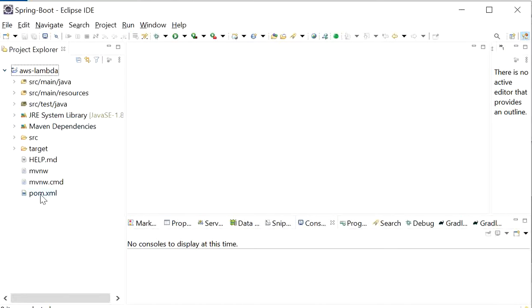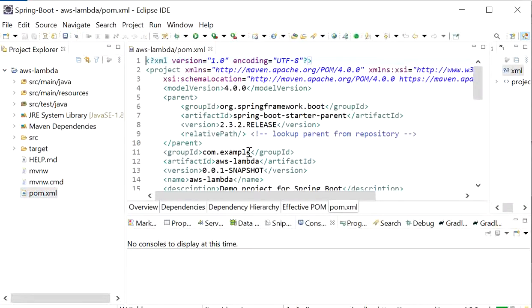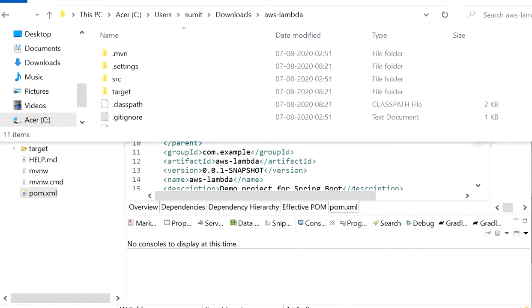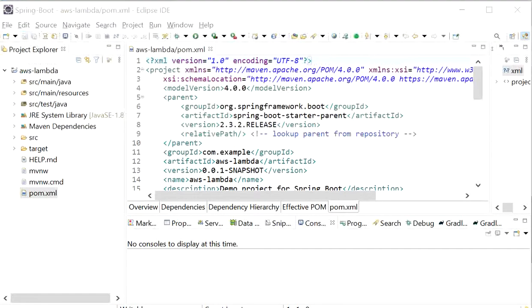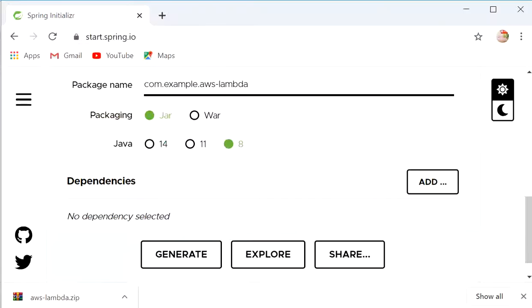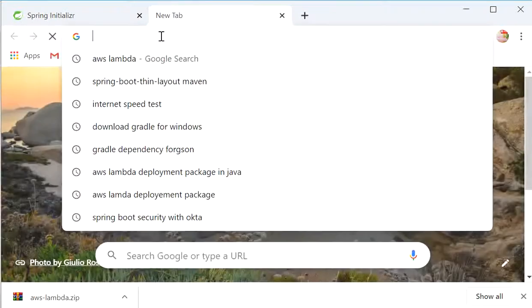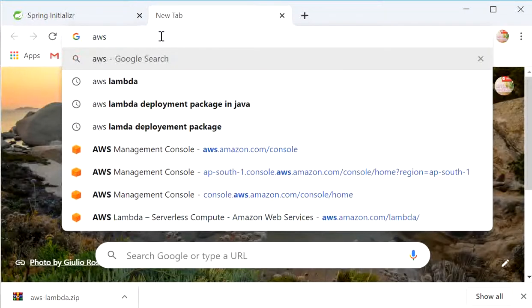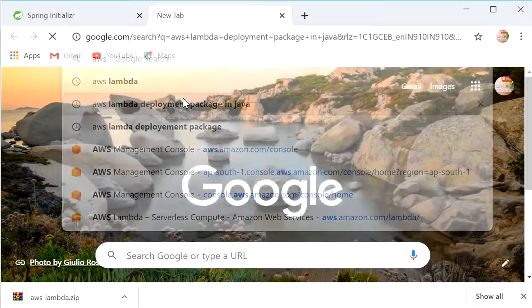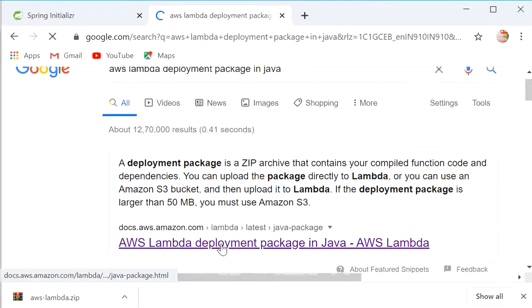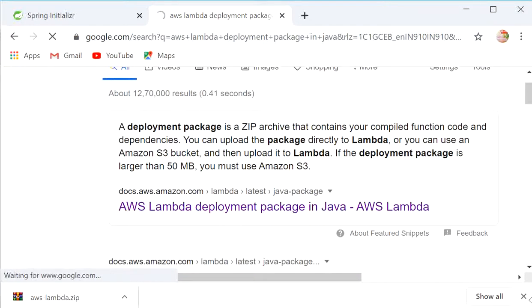Now we will go to pom.xml, and here we need to add a few dependencies that are related to AWS Lambda. We will go here and type AWS Lambda deployment package in Java, and here we will find the dependencies that we need to add.